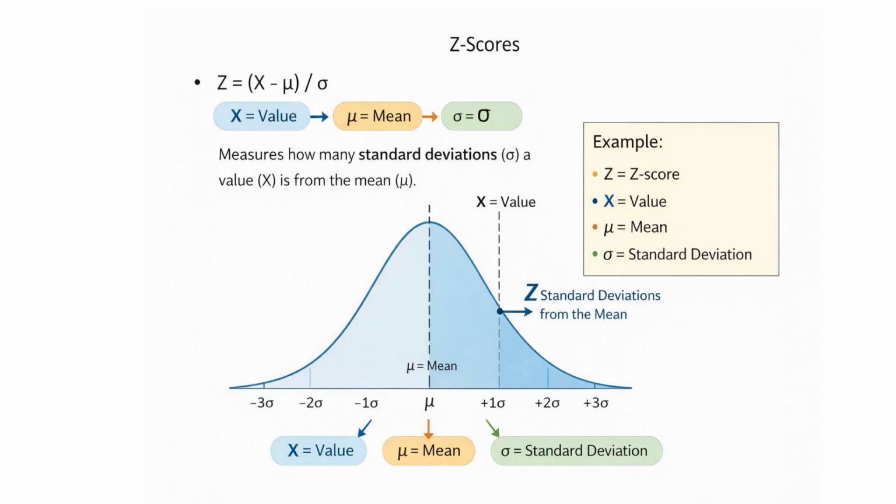A z-score tells us how far a value is from the mean in standard deviation units. Z equals 0, exactly average. Z equals +1, 1 SD above the mean. Z equals -2, 2 SDs below the mean. Z-scores allow us to compare observations from different scales, test scores, income, productivity, on a common metric.